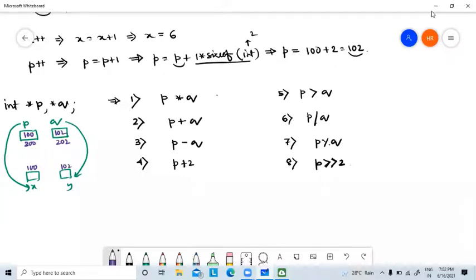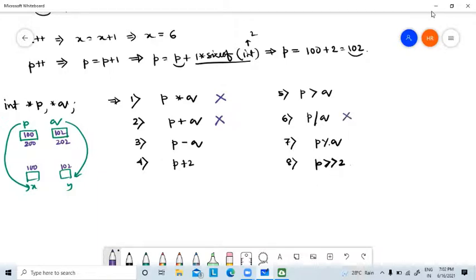No. So this is illegal, not possible. Similarly, division is also illegal. I am dividing one address with another address, and again it is meaningless. I will get nothing by dividing one address with another address. So this is again illegal.